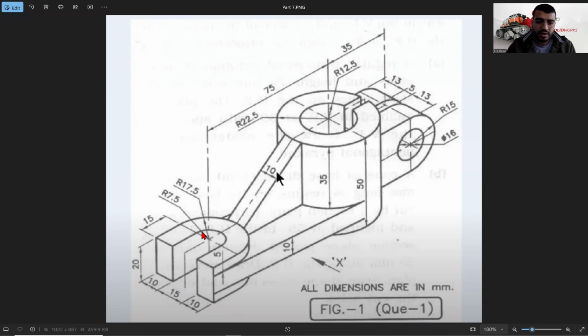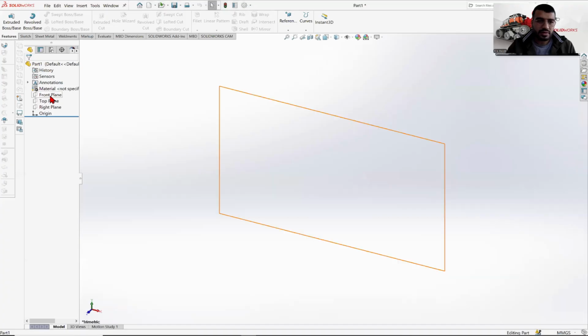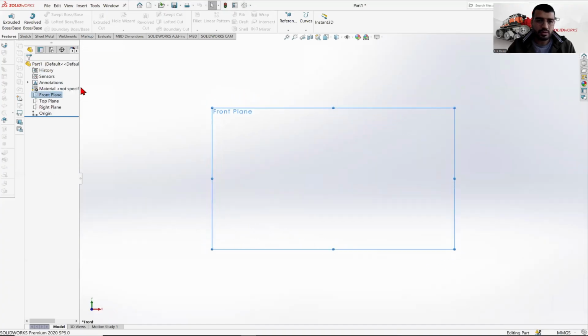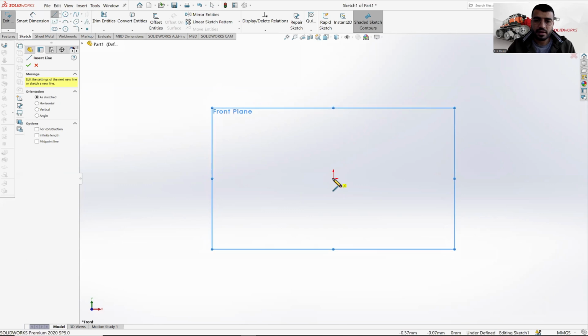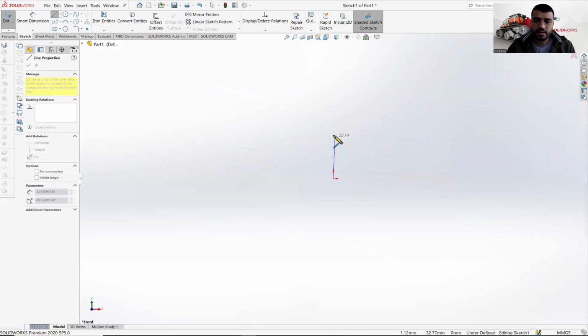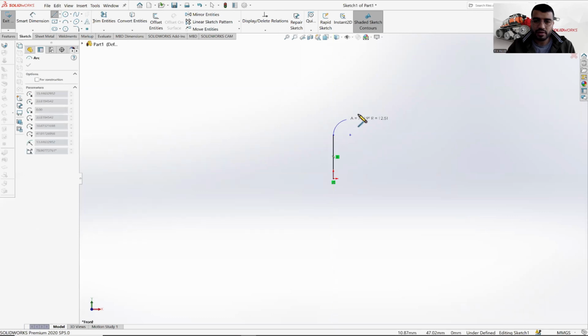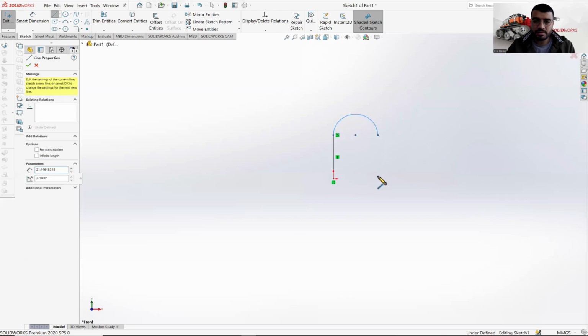Okay, I have here radius 7.5 and radius 17.5. Here 15 millimeter. Let's choose front plane, normal to, sketch, line. Click, vertical line, another click, and return to the point in order to draw the arc. Then click another time,